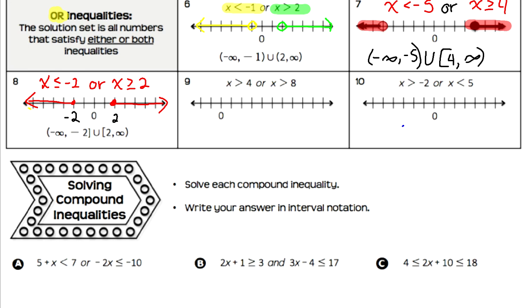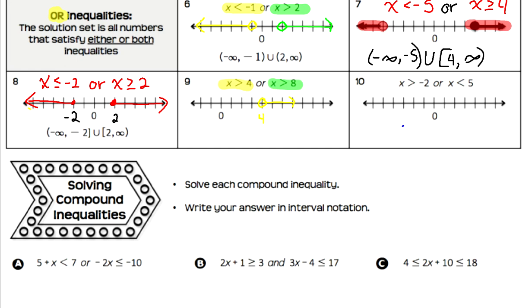Okay, number 9. This says x is greater than 4, so let's look at these. X is greater than 4. So greater than 4, if I count over 1, 2, 3, 4, open dot, going to the right. Or